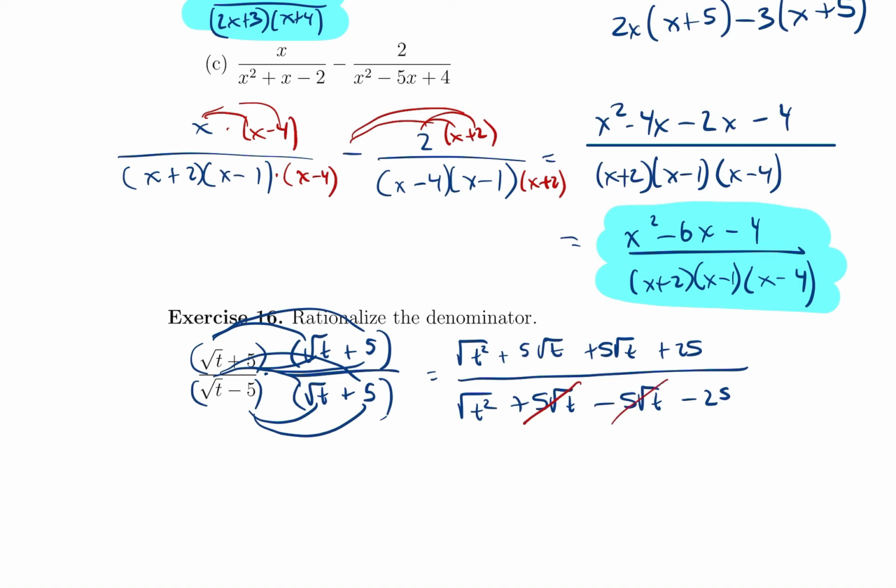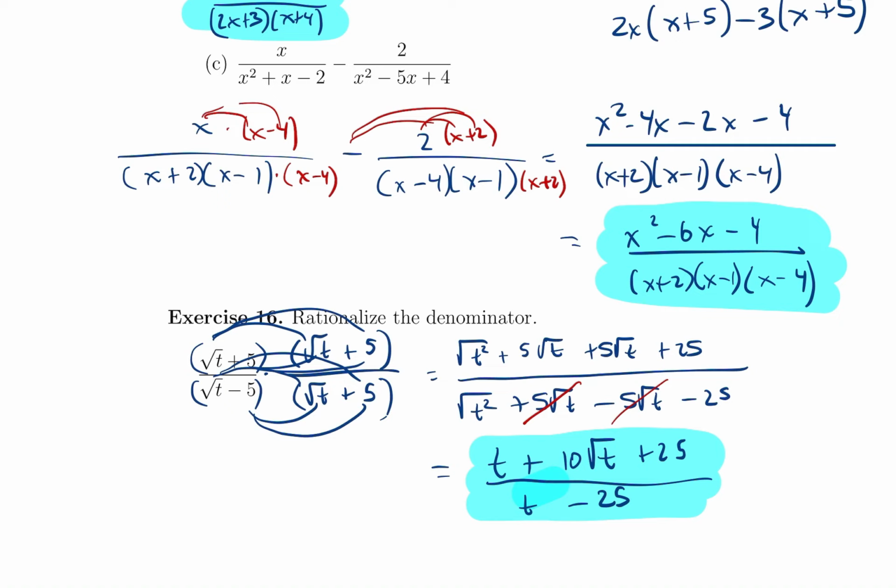Notice these two terms are opposite, so they cancel. And then whenever you have the square root of a square, well, the square and the square root cancel. This just becomes t. Same with this. Cancel, cancel. This becomes a t. And so our final answer will look like t plus, notice these two are like terms that can be combined. 5 radical t plus 5 radical t is 10 radical t plus 25 all over t minus 25 is the final answer. And now there are no longer radicals in the